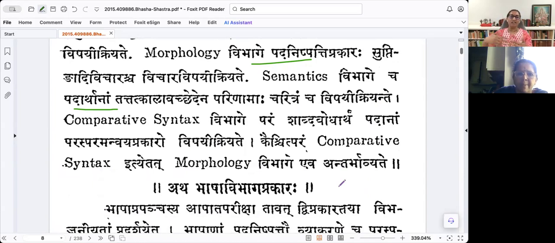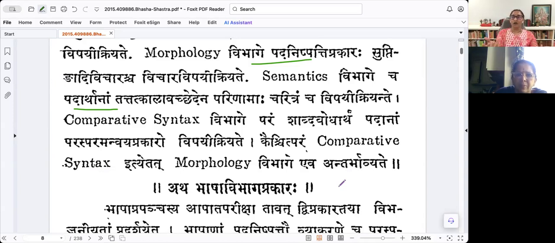We look at the differences in the meaning and then look at the historical changes that occur in that particular word meaning. Comparative syntax vibhage param shabda bodhartham padanam paraspara anvaya prakaraha vishayi kriyate. We may know the dictionary meaning of certain words. Anvayastu apekshiyate tatra. If we do not know how one word connects with Ramaha chitram pashyati iti chet tatra chitram